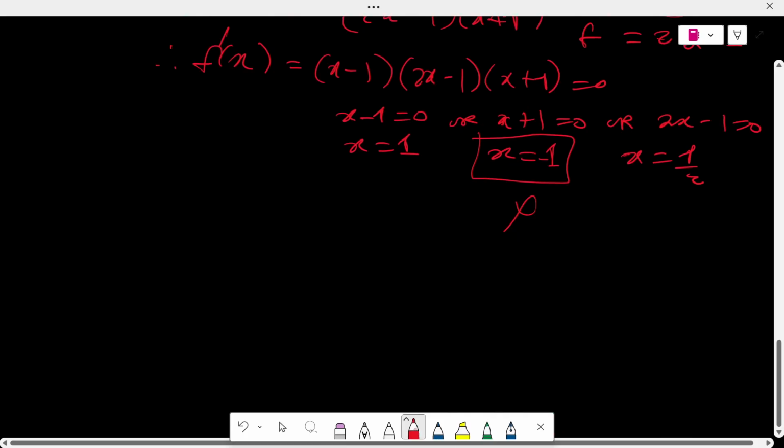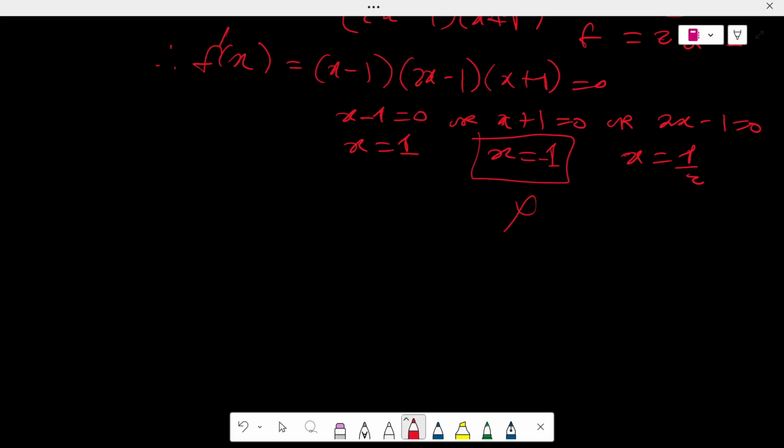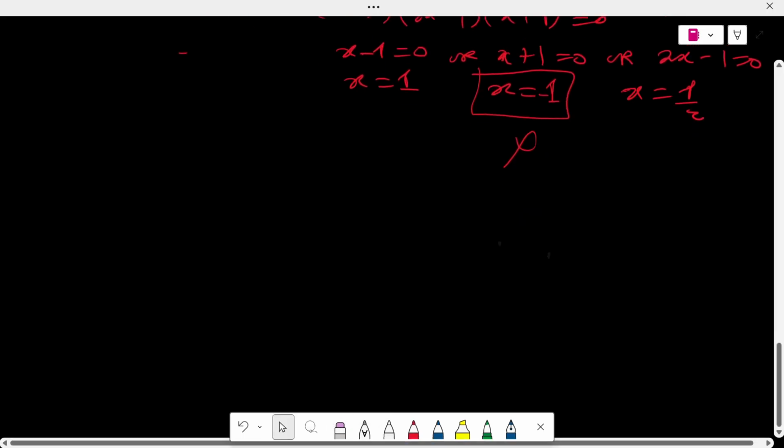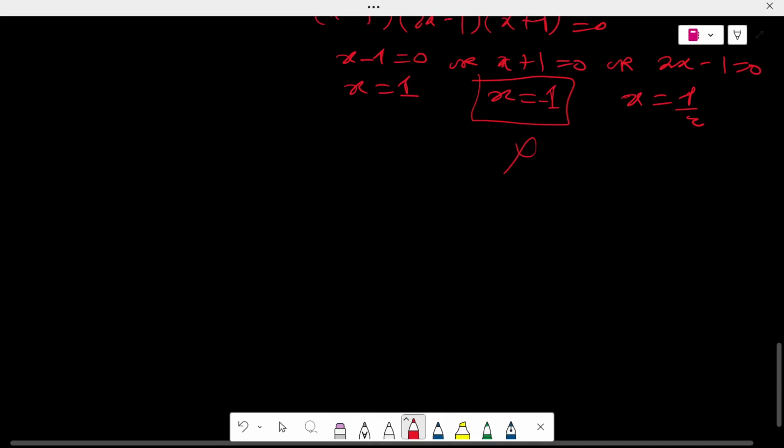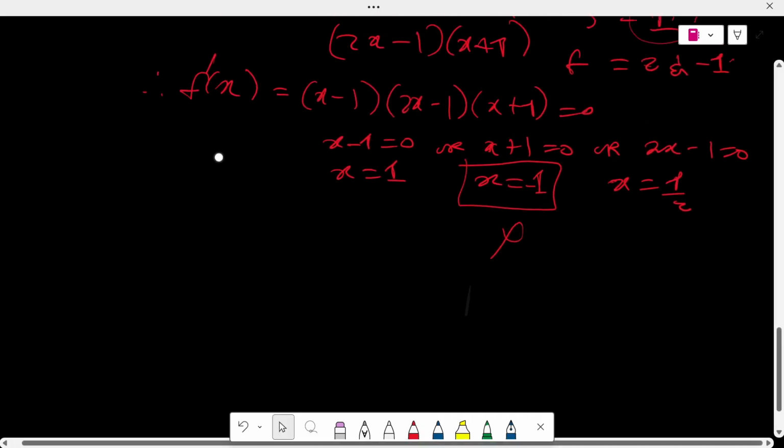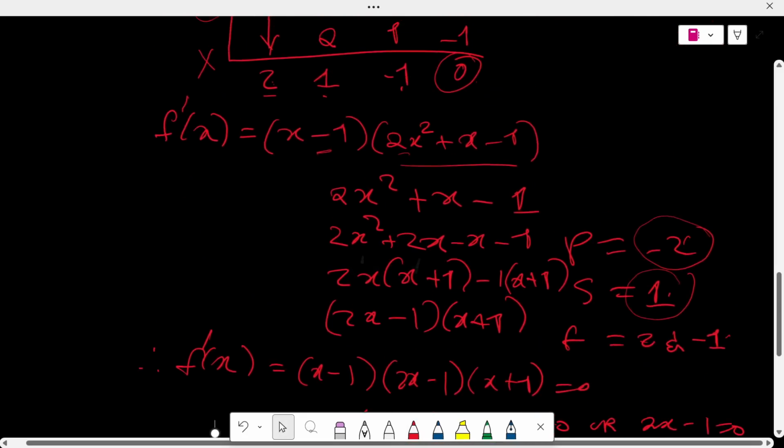So now we're going to find the second derivative, because remember, to test whether the function is maximum or minimum, you find the second derivative. What we were doing is finding the stationary points, because where a function is stationary, that's where it's either maximum or minimum. That's where there's a turning point in simple terms. So for us to find the maximum and the minimum here, we're going to find now the second derivative. So the second derivative of our function will be